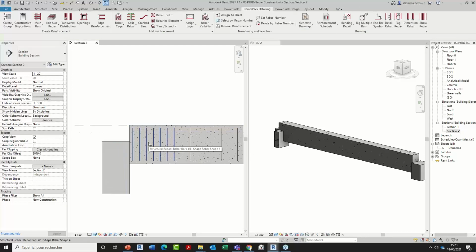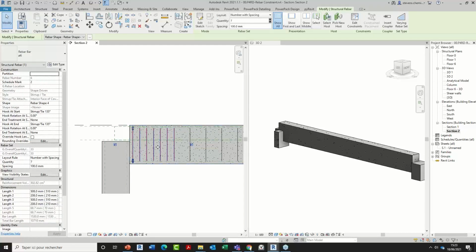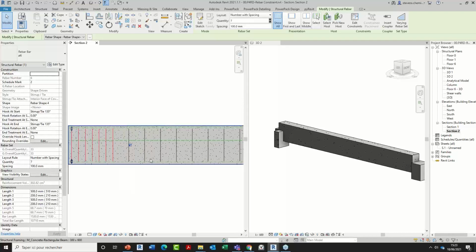So here, if I select the first rebar set, it's defined by number with spacing. If I select the middle one, it's set by maximum spacing. So the modification will not be done in the same way.